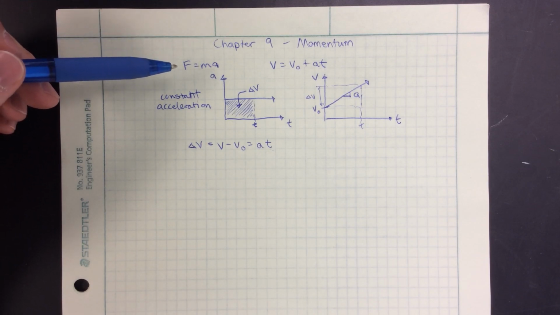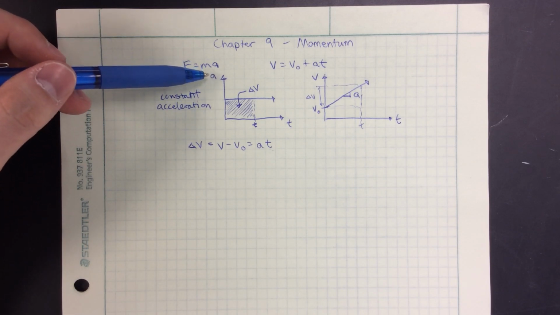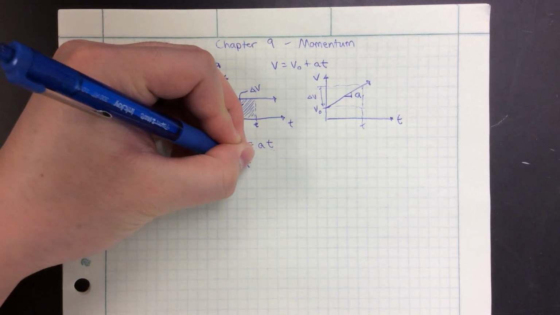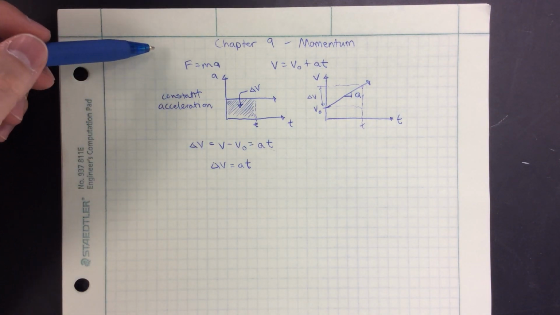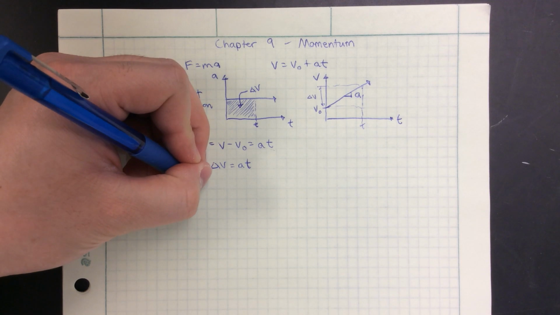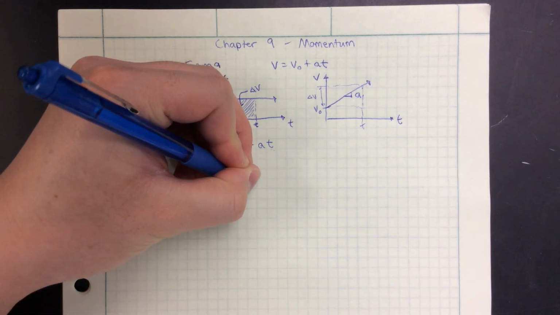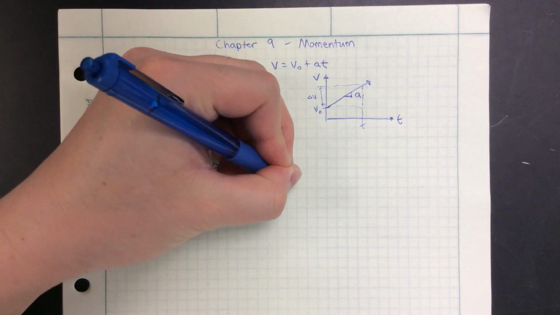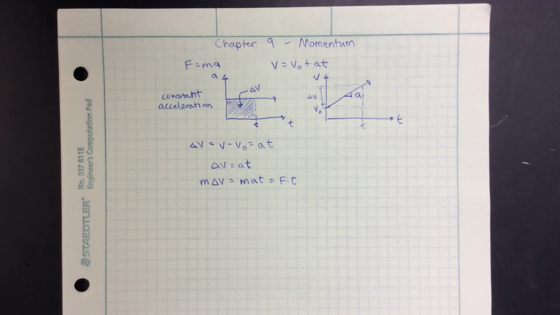So if I were to turn this delta v equals at into a force, what I could do is multiply both sides by mass. And so that turns my right-hand side into a force times time. Okay. So one thing that is going to start coming up and is important to investigate with these units,